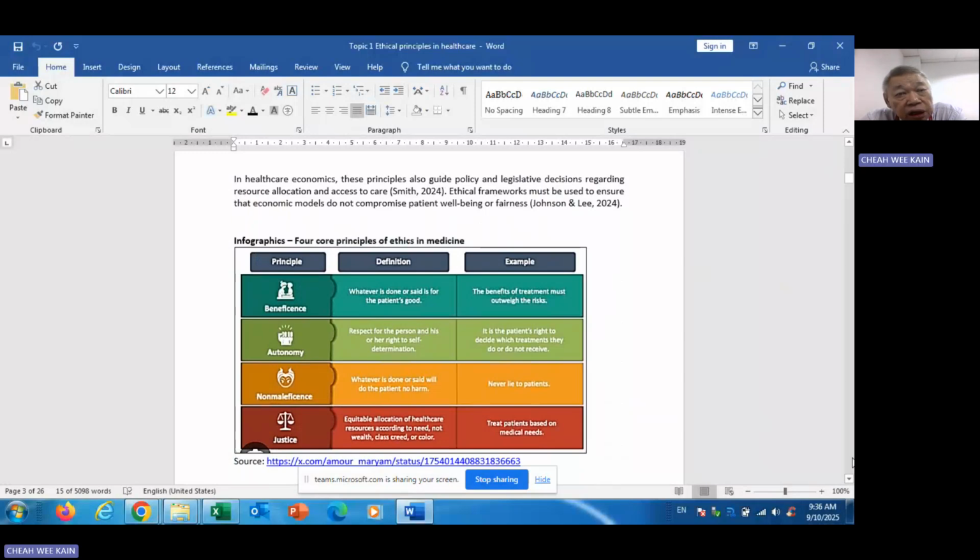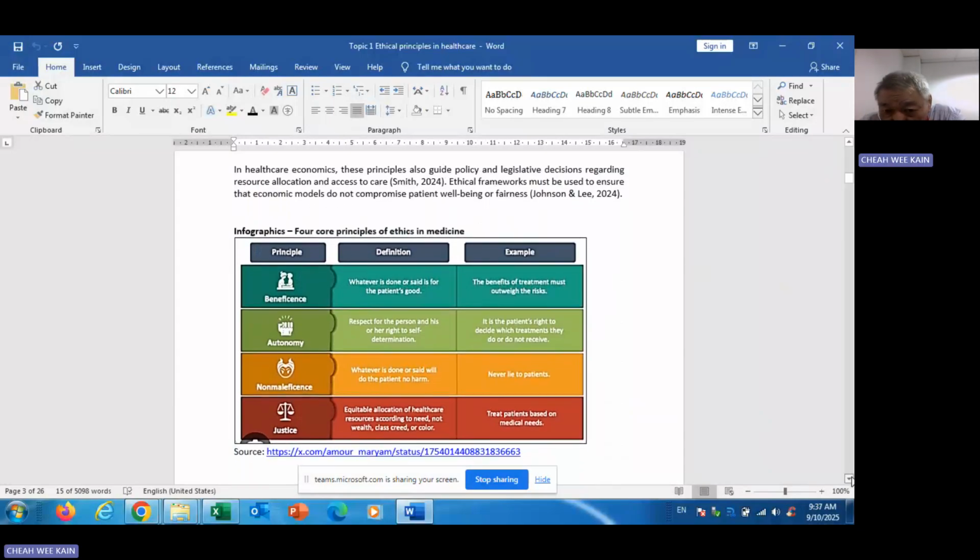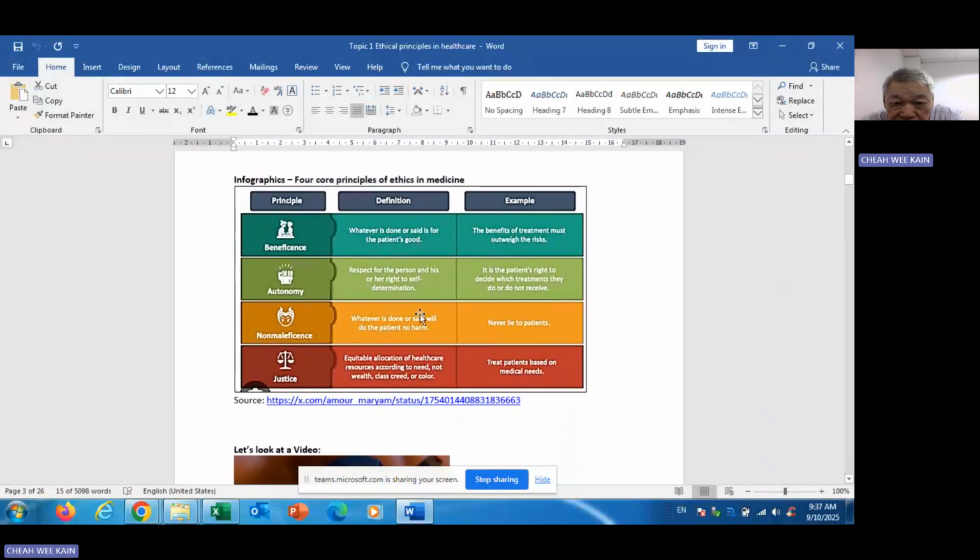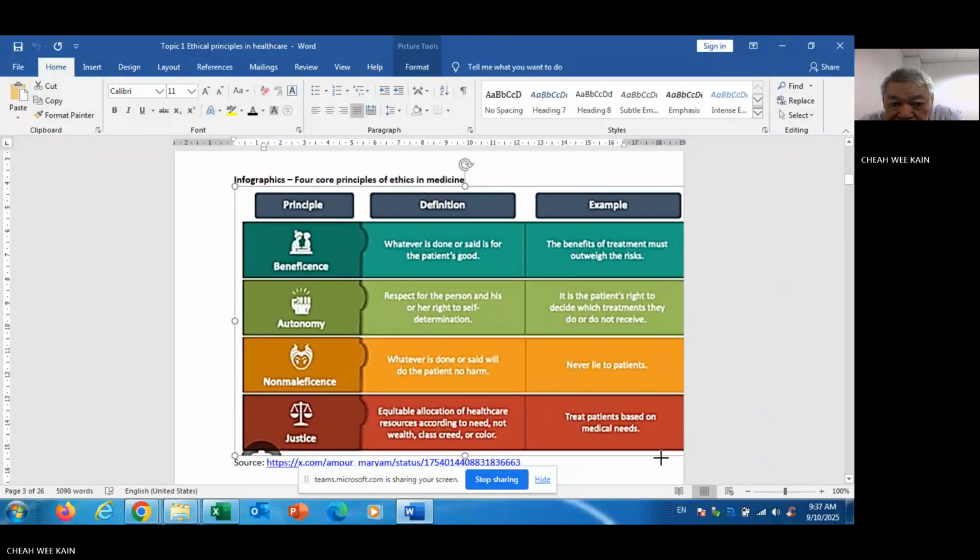And the physical nature and the emotional nature of a human. So it's difficult. So we will look at an infographic to sort of summarize. Okay, maybe let's make it a little bit bigger. So the first one,